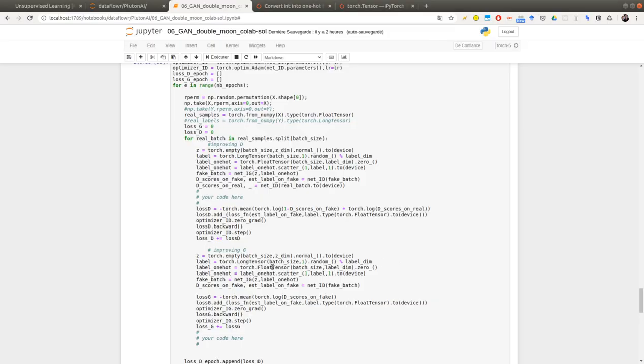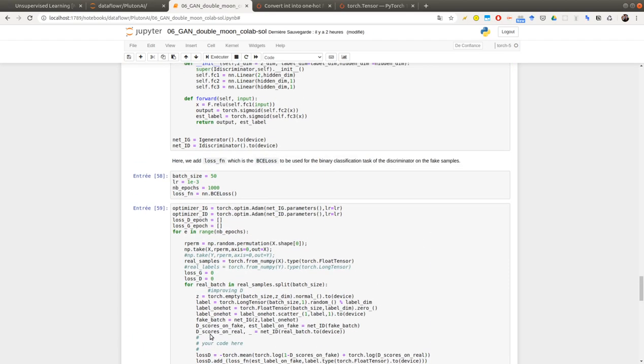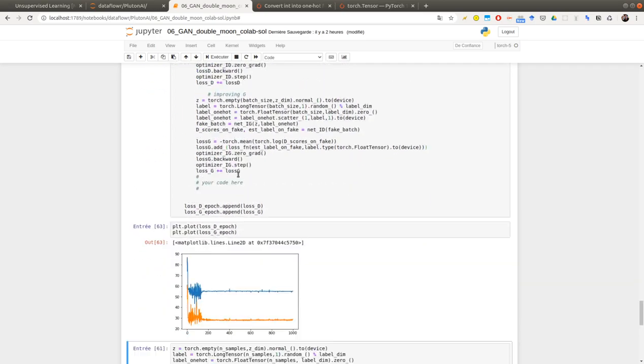Okay, so I noticed that I forgot this small underscore here in my first training, so it did not converge. Well, it did converge, but without making the right prediction. So I added this, and I ran a training for 1000 epochs. I didn't change the parameters.